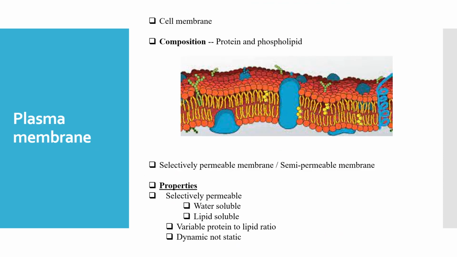Next we are going to start plasma membrane, which is also called cell membrane. And composition: cell membrane is composed of protein and phospholipid. In case of phospholipid, means lipid with a phosphate group attached, like this is the lipid molecule. Here the head is present, here the tail is present, and here the phosphate is present. So this is the phospholipid molecule, and this is the head portion, and the head portion is hydrophilic,